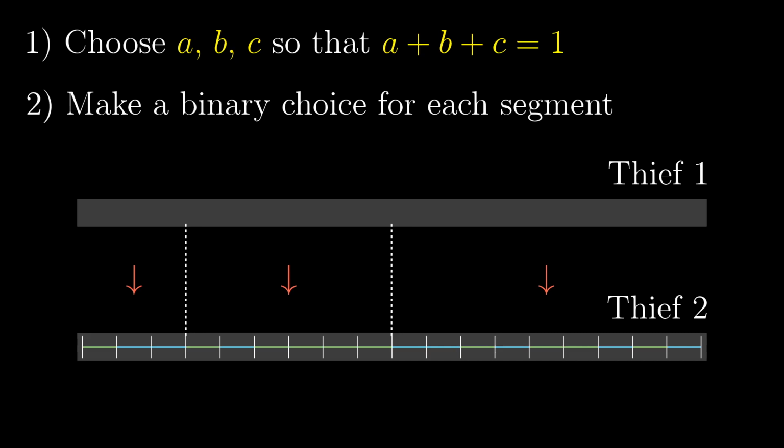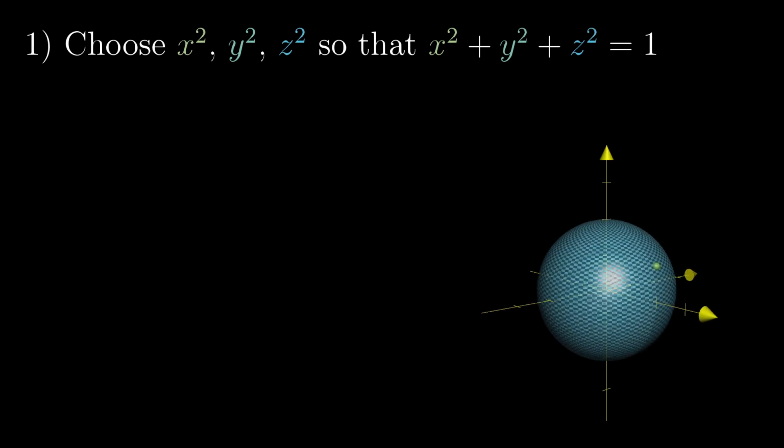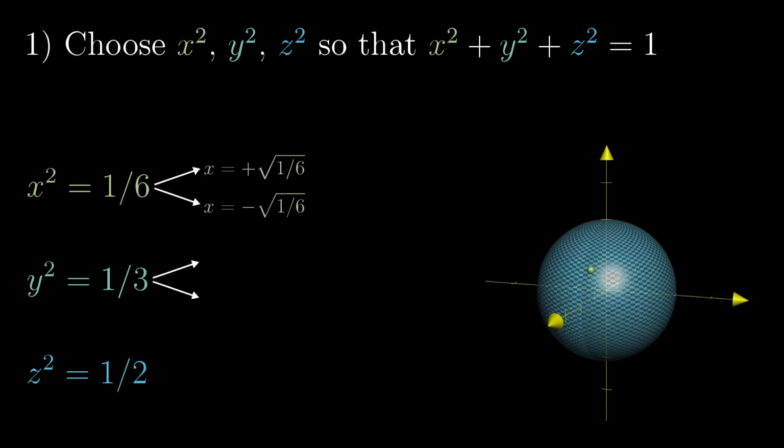Now compare that to if I asked you to choose some arbitrary point on the 3D sphere. Some point with coordinates x, y, z, so that x squared plus y squared plus z squared equals 1. Well, you might start off by choosing 3 positive numbers that add up to 1. Maybe you want x squared to be 1/6, y squared to be 1/3, and z squared to be 1/2. Then you have to make a binary choice for each one, choosing whether to take the positive square root or